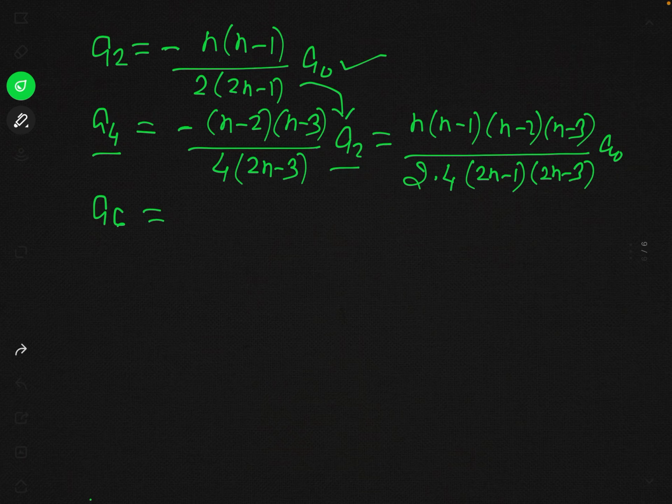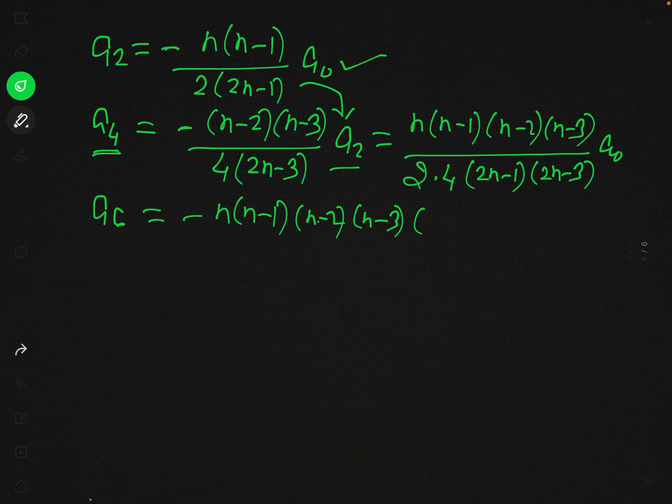We have seen that a2 is negative but a4 is positive. So then again this a6 will be negative, and this will be minus n into n minus 1 into n minus 2 into n minus 3